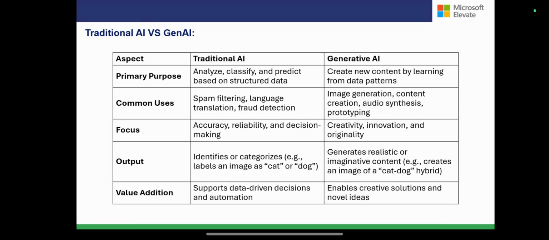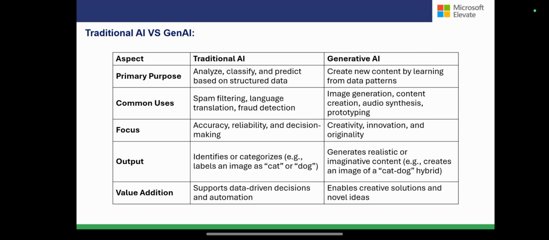These are nothing but the classification part. And we are analyzing the data patterns. Then predictions can be done based on the structured data. So this is nothing but traditional AI. But when it comes to generative AI, it is going to create new content for us from the past data patterns. Everything would be completely new.